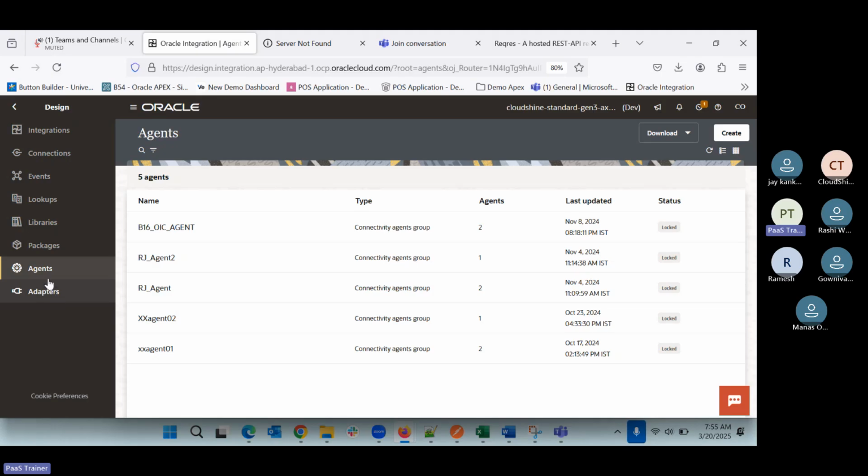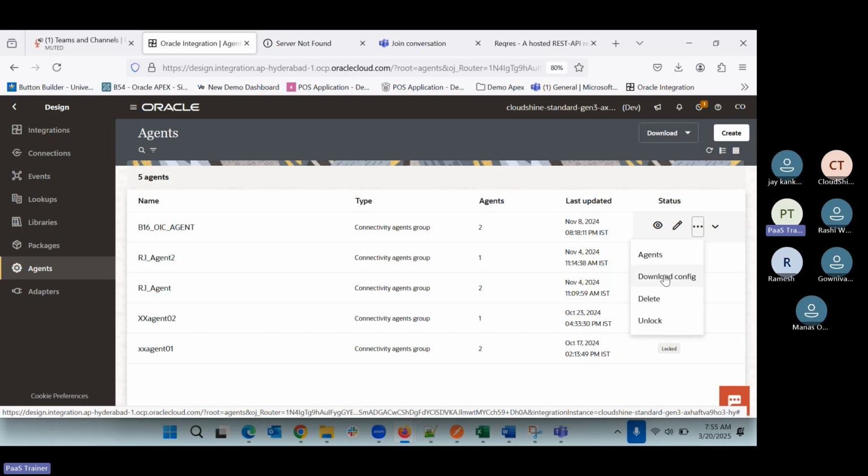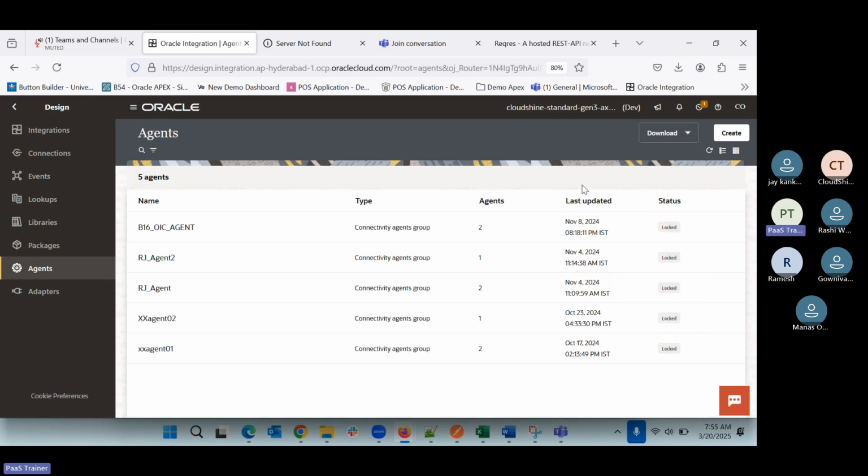Same concept here also. So this is the agent. We can create an agent group here, and within that we have a file. You can download this file, a supporting file that gives you the connecting file. Then we can download this configuration file, and then we can run that file. It is going to be a jar file. So that jar file, we can